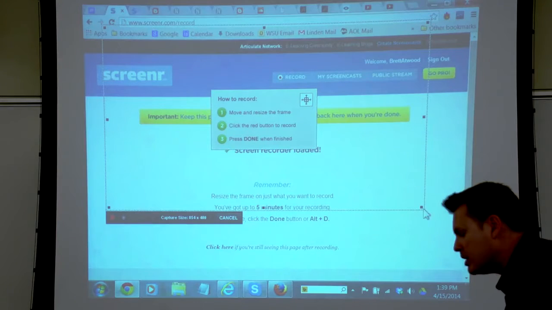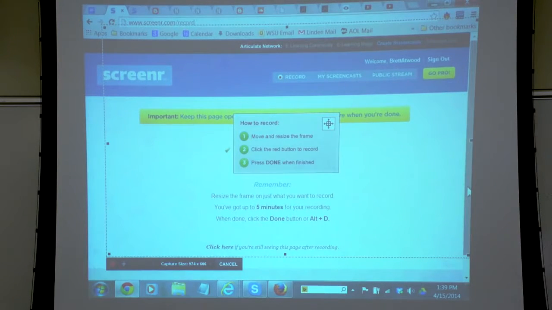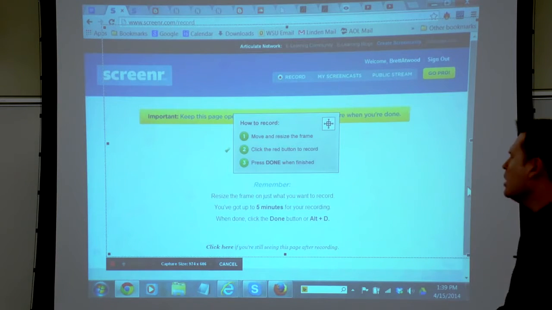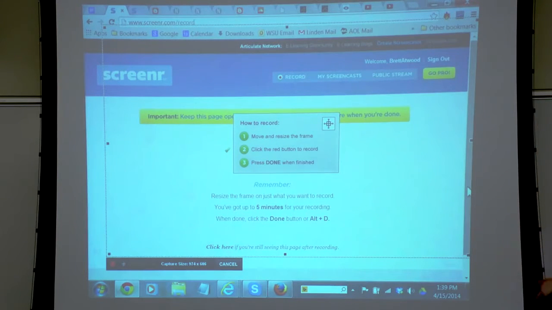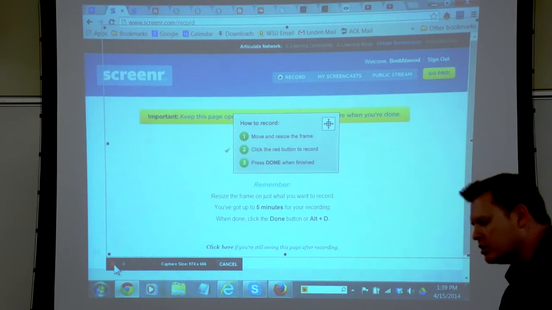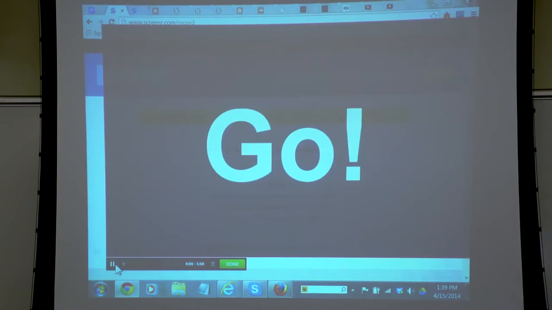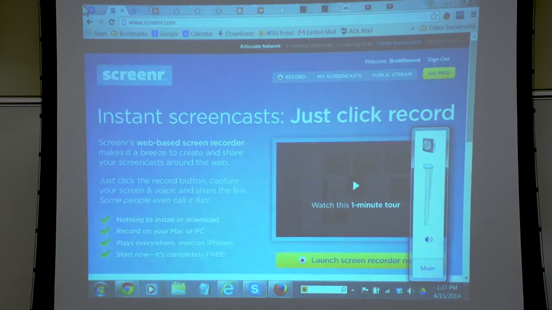You can actually grab the edges and position and make a decision which part of your screen you want to have it record. In my case, a lot of times I want to hide the taskbar at the bottom, maybe the URL path, and just have it pure content. And so I'll position it accordingly. And then again, similar to what we've seen already, it works very identical. You hit the record button, it starts the countdown. Again, we're talking almost identical, right? Boom. And as I show this one, Screener, at screener.com,